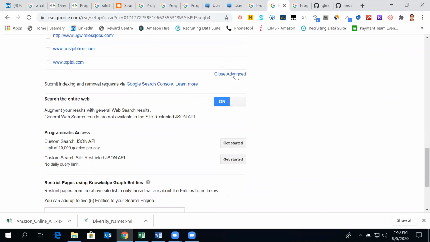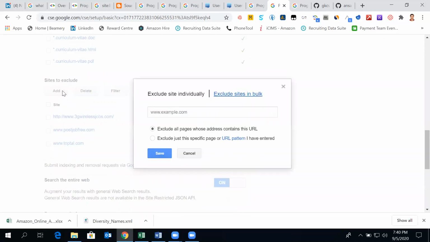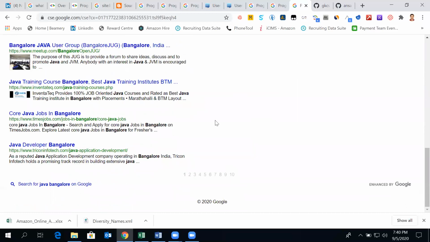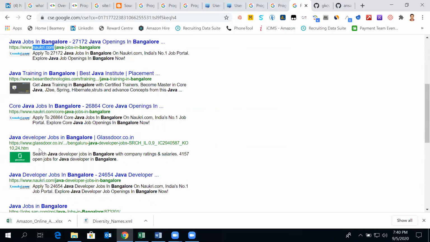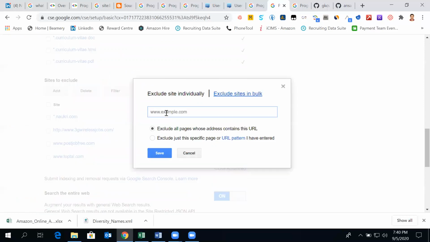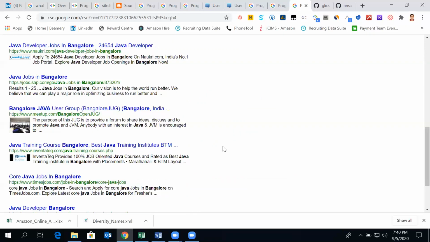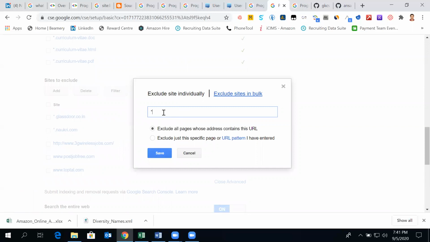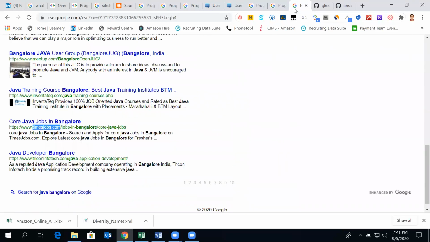So till now we have gone with include, now sites to exclude. Star dot. Now let's see how it looks.